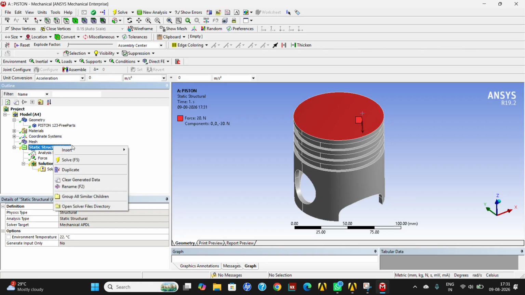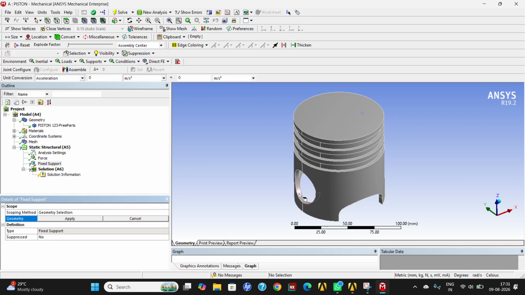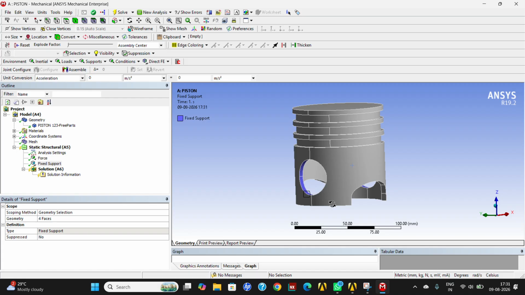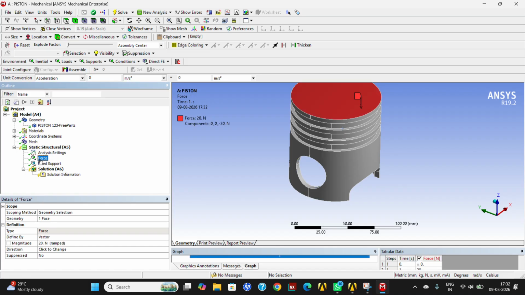Support is also required. So I'm going to add the fixed support for the present pin location. Select the lower places. Now the fixed support is also applied. Once the fixed support and force are applied,